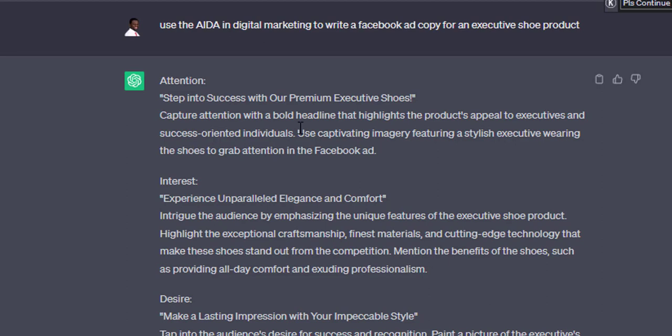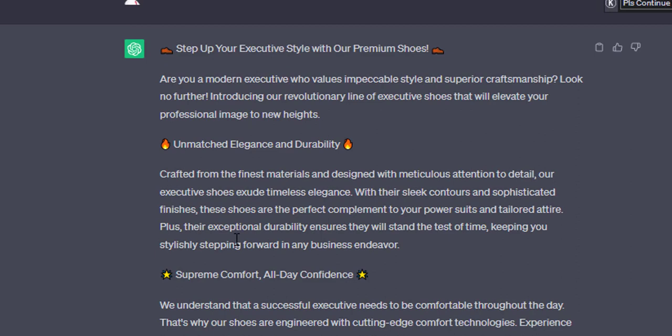You understand? So capture attention with a bold headline that highlights the product, appealing to executives and success-oriented individuals. Use captivating imagery featuring a stylish executive wearing the shoe to grab attention on Facebook ads. So you see, now that is the difference between not using the right prompt